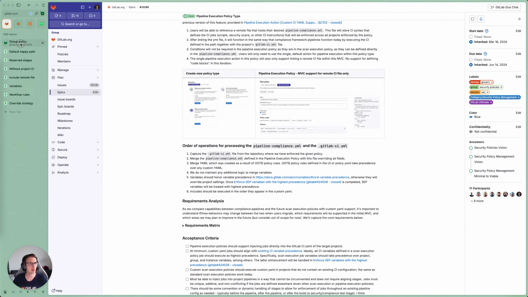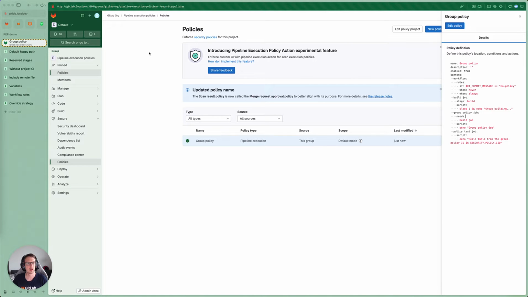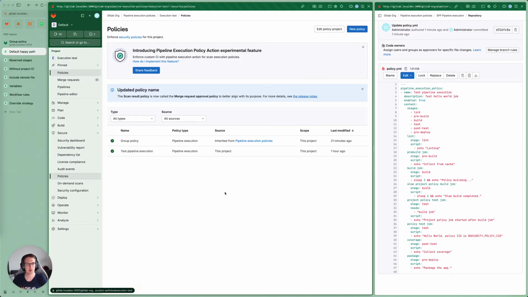For this demo, I created a group which has a group policy. And here we can see a definition of 3 jobs that we want to run as part of this group policy and some workflow rules that we will get to later. In this group, we have a test project.